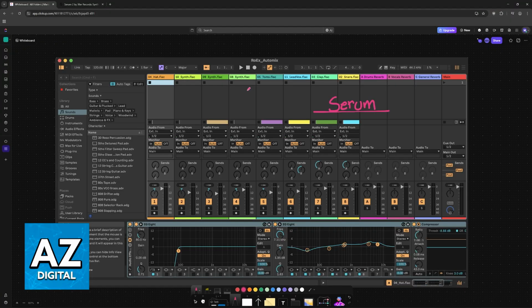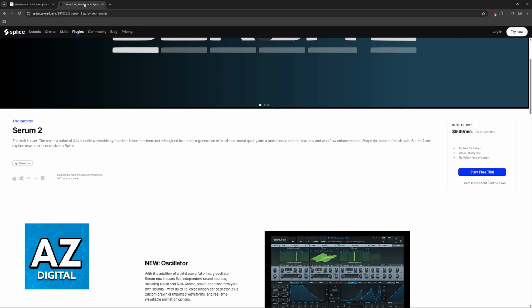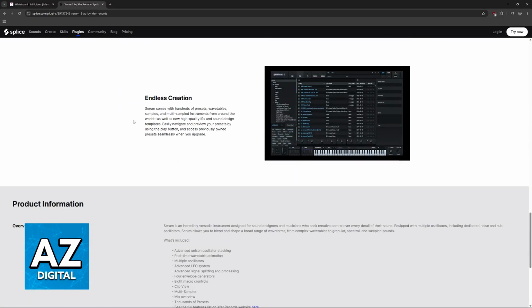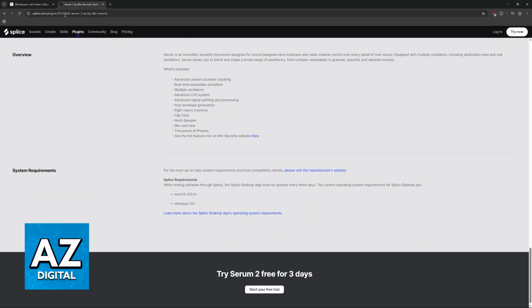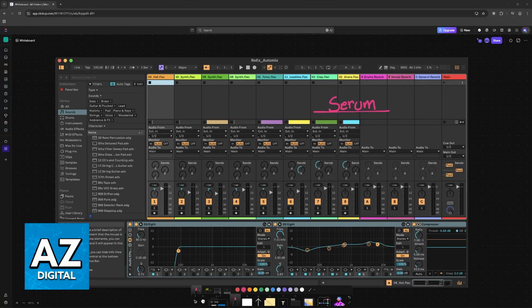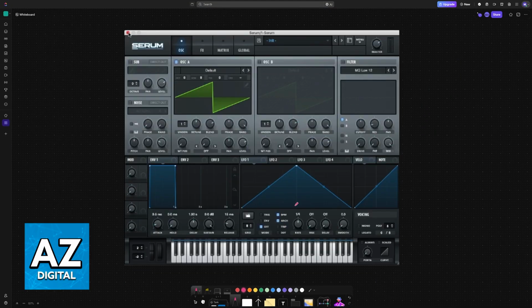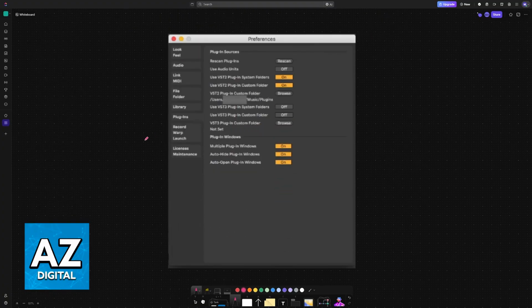Once you have the plugin ready to use, it is usually going to arrive in a specific format that you will drop into a folder. So grab the files, usually in the VST format, and access the preferences.